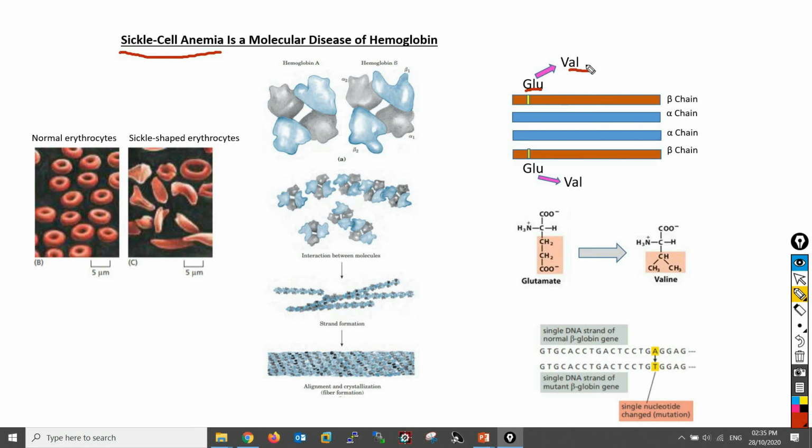So, the replacement of glutamate by valine creates a sticky hydrophobic contact point at position 6 of the beta chain, which is on the outer surface of the molecule. And these sticky spots cause deoxyhemoglobin S molecules to associate abnormally with each other, forming a long fibrous aggregate, which is characteristic of sickle cell anemia. Another important point is that the substitution of glutamate by valine is due to a single nucleotide mutation. When A is replaced by T, the glutamate is substituted by valine.